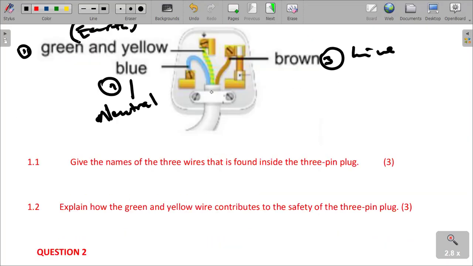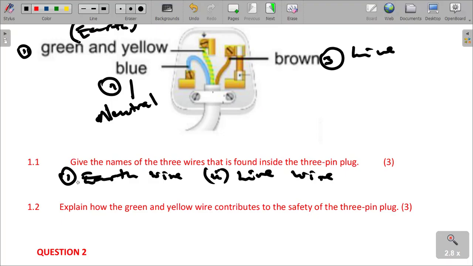Give the names of the three wires that are found inside the three-pin plug. We already gave them. We have got the earth wire, we have got the live wire, and then obviously the last one is neutral. So before we leave this question, I want us to understand that